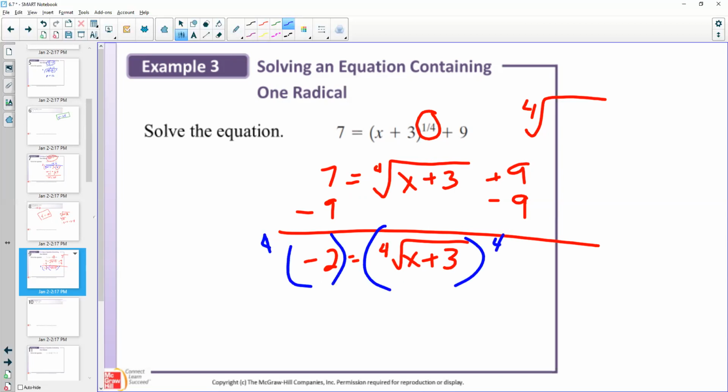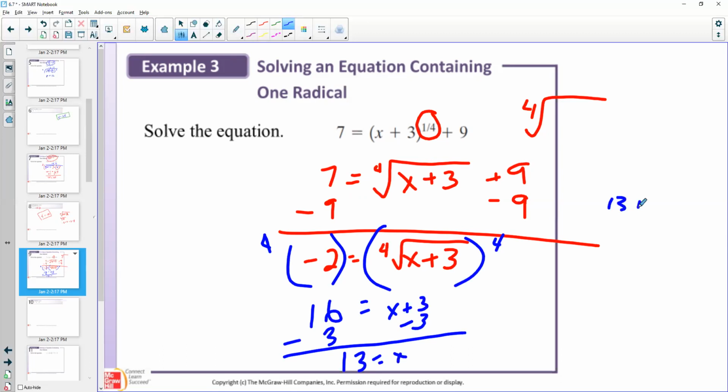So on the right, I'm going to get x plus 3. On the left, I'm going to get -2 to the 4th power, 2, 4, 8, 16. It's positive 16. I'm going to subtract 3. And I'm going to get 13 equals x. Now I have to check. So if I put a 13 in here, I get 13 plus 3, 4th root, that's going to give me 2